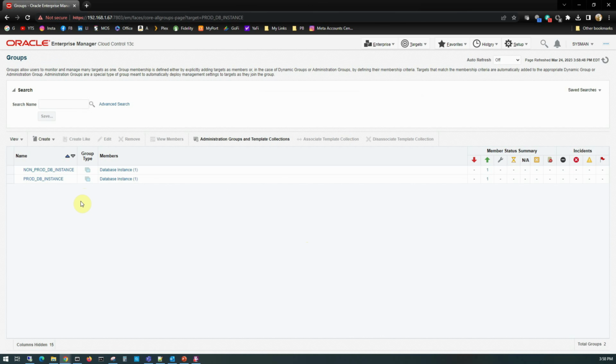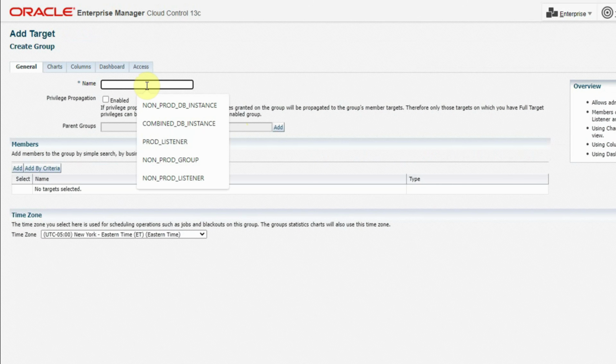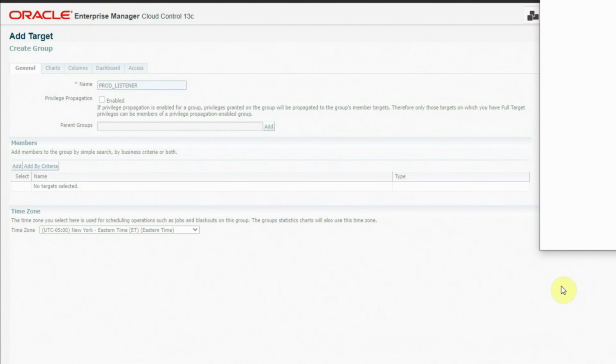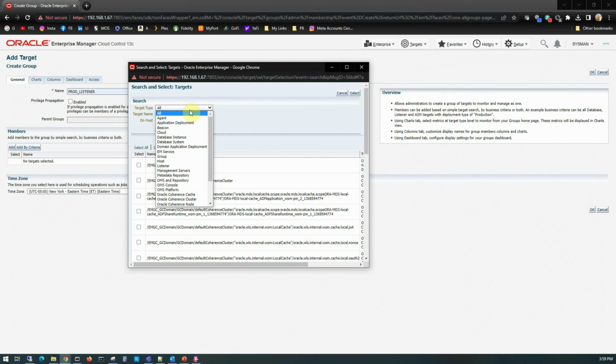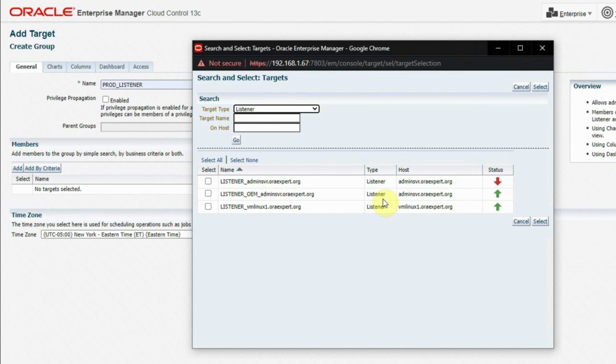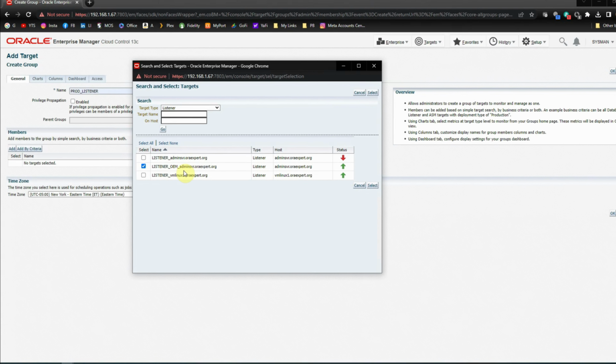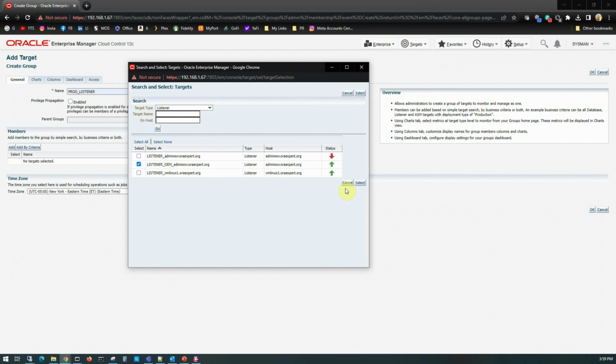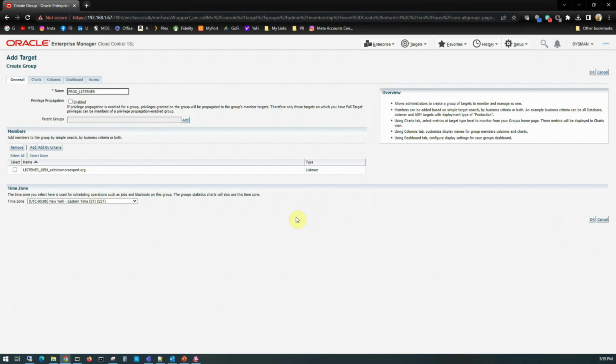Similarly, we are going to create one group for the listeners. So click on the create group, and we will put like production listener, and click on the add button to add the listener that we designate as our production DB listener. So that is nothing but the listener named listener OEM in our OEM repository database server. Click on the select button, click OK,